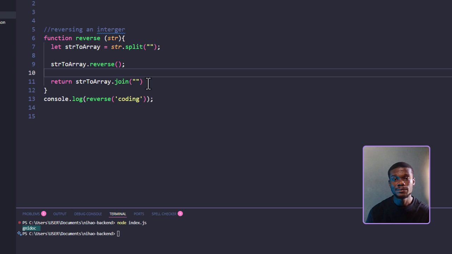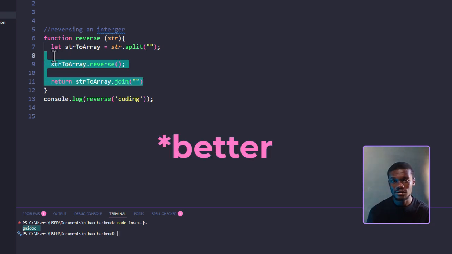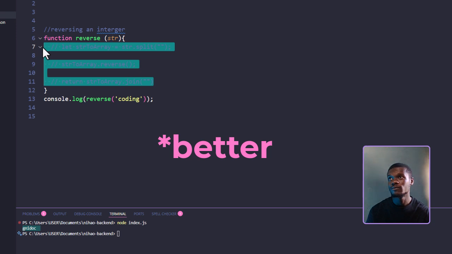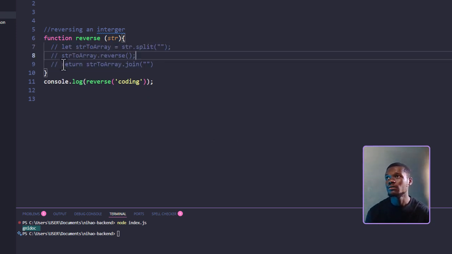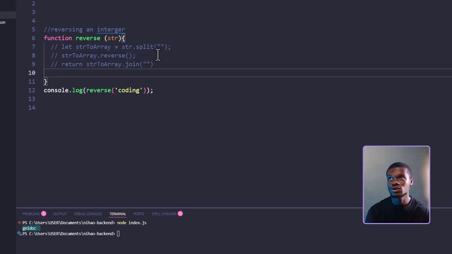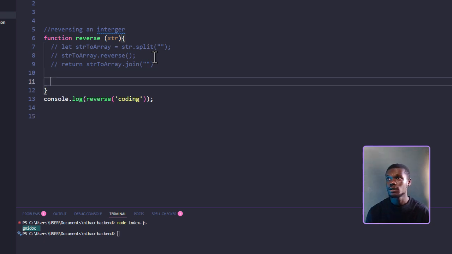Now, the concept of JavaScript chaining is to make your code look cleaner and in order. So rather than us having all of this, let's comment all of this right away so that we can show off our example. Now, to have a cleaner version of this, we can simply do